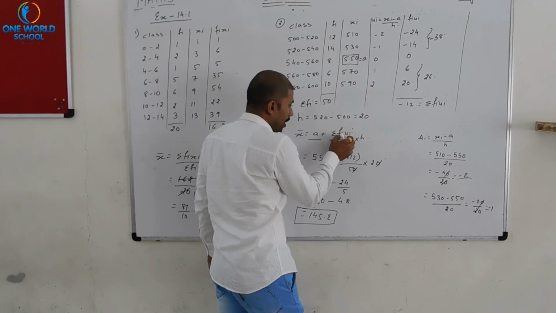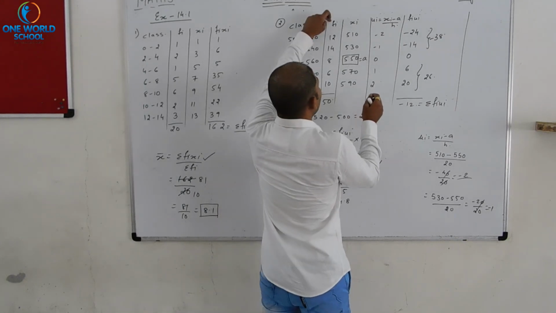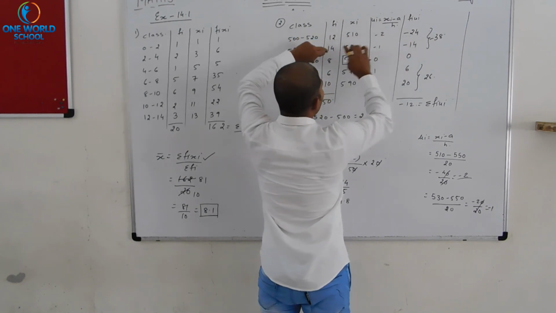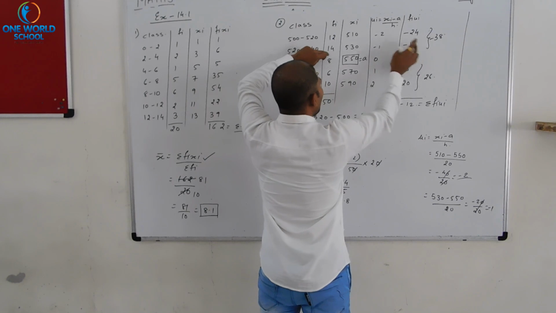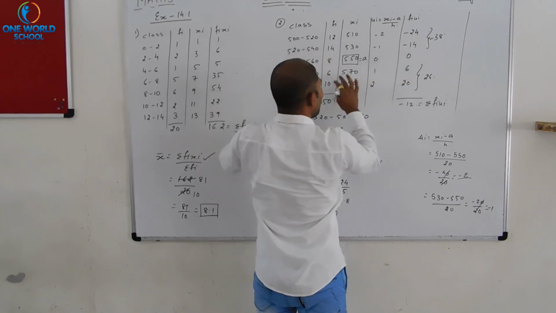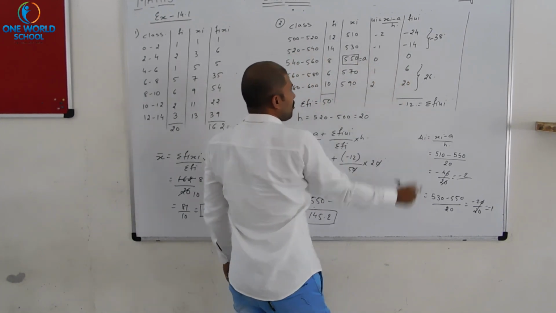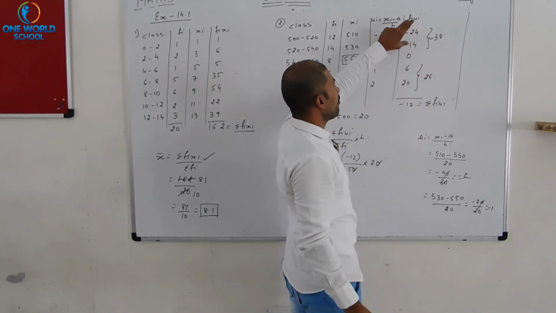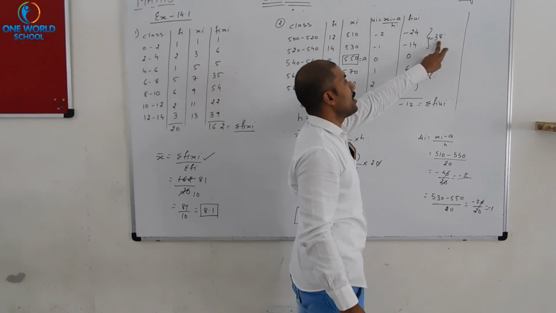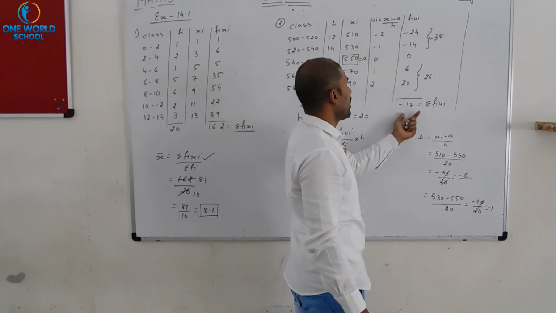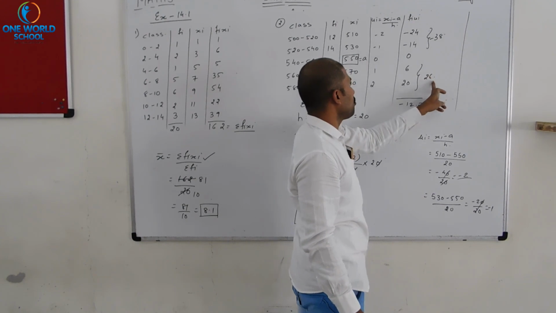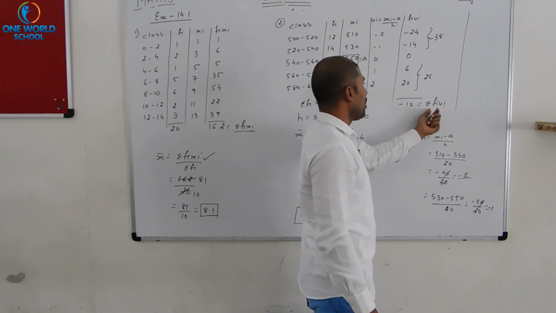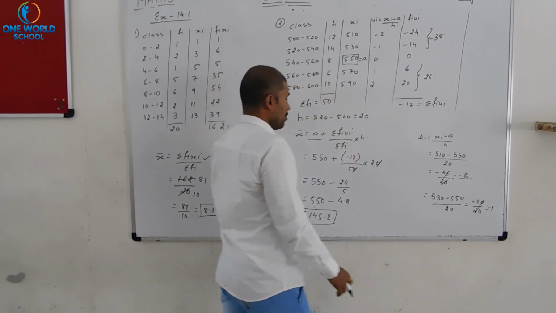Now we have to multiply these two particular values, fi and ui. So 12 into minus 2, minus 24, 14 into minus 1, minus 14, 18 into 0, 0, 6 and 10 into 2, 20. Add these two positive values, we will get 26 and negative value minus 38. Solve this particular one, we will get minus 38 plus 26, that is minus 12. This is summation of all the fi ui values.